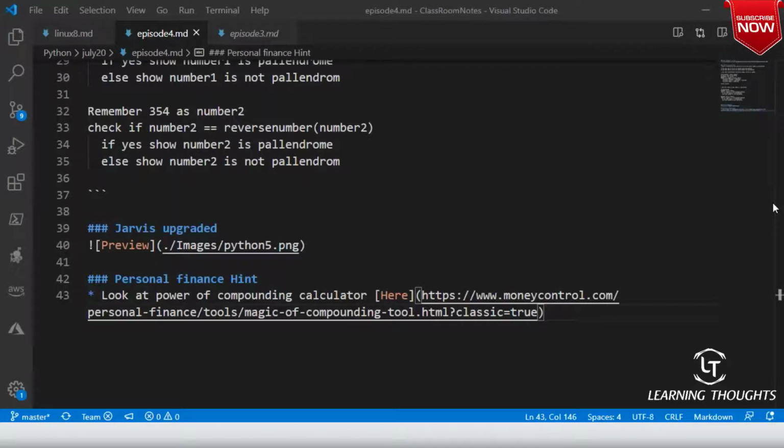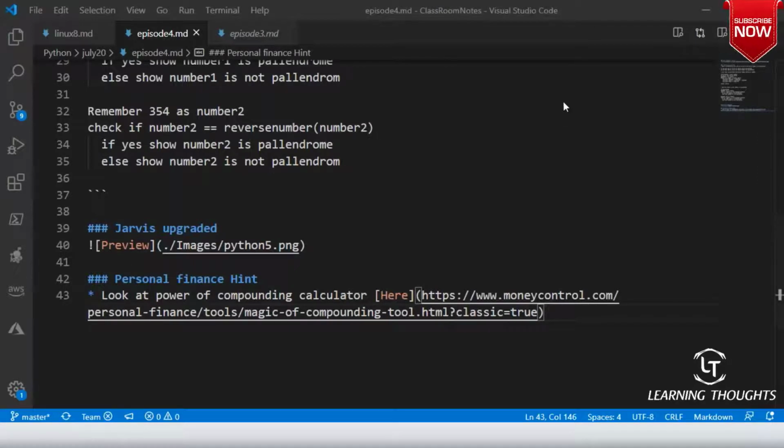Whenever I get a chance, I speak about this because I want you guys to be rich and prosperous. Right now I invest in mutual funds because I'm not a stock market expert. I take the least risk option. Let us try to understand the math behind it, because I want you to help Jarvis calculate this power of compounding. That is where I am coming from.